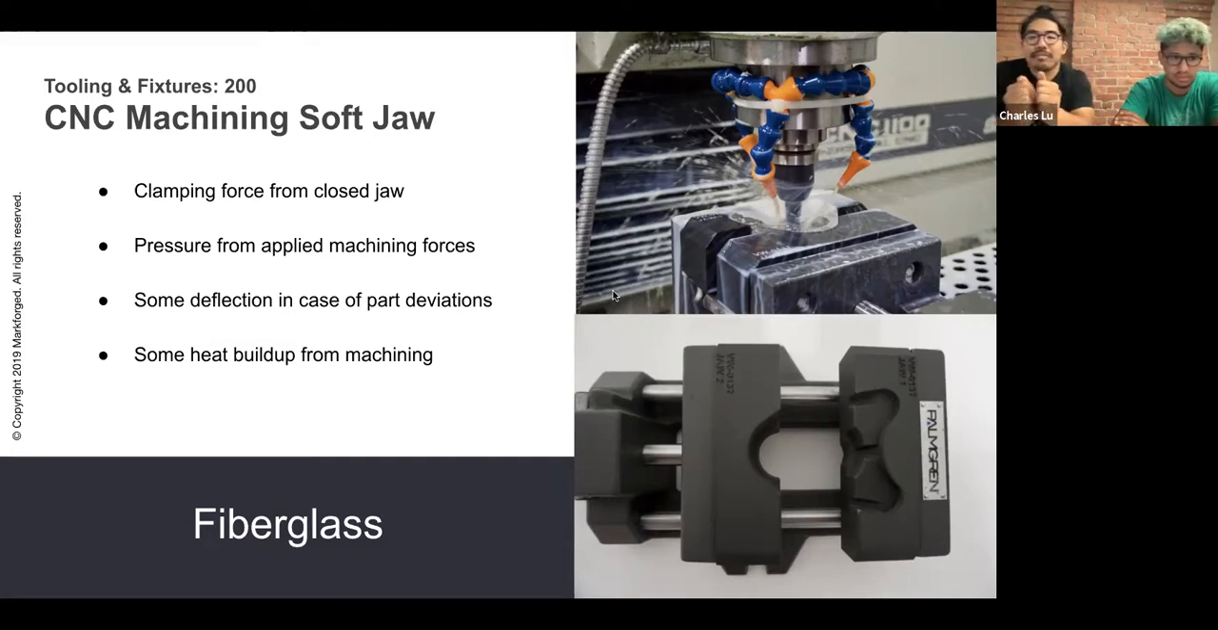Like Kevlar, it doesn't like shear like that. Yeah. And then for high temperature, you can use HSHT. So fiberglass, great all-around material. And in the case of machining soft jaws, there are a lot of different ways that you